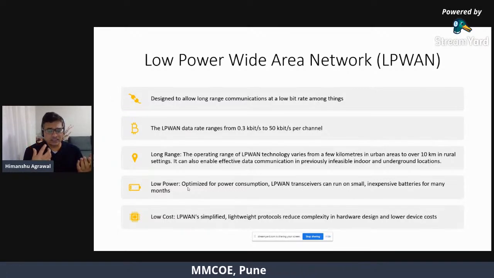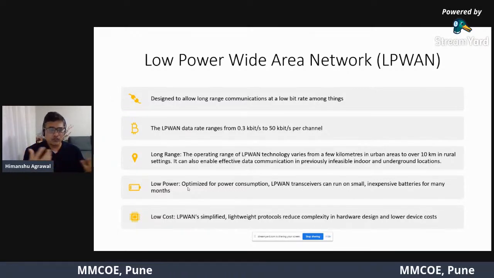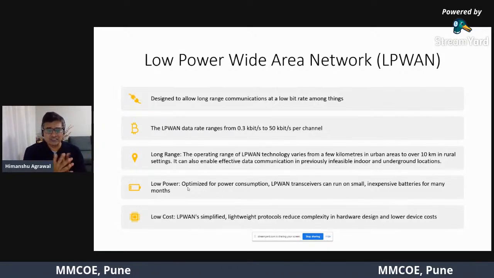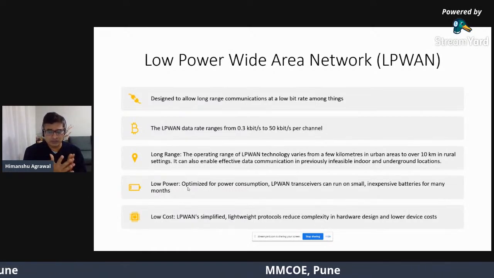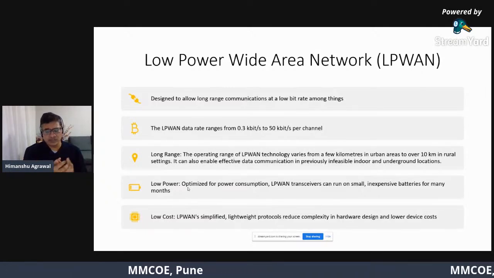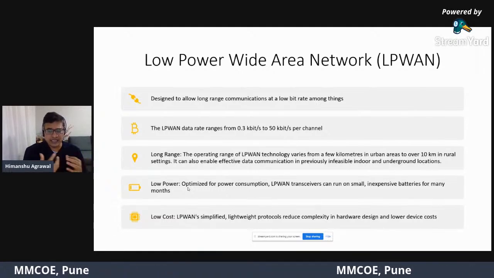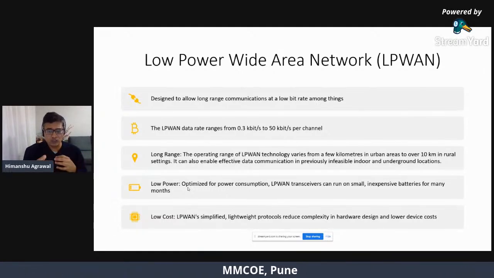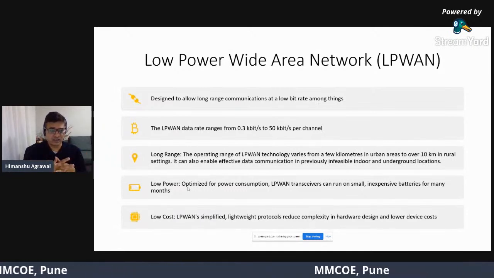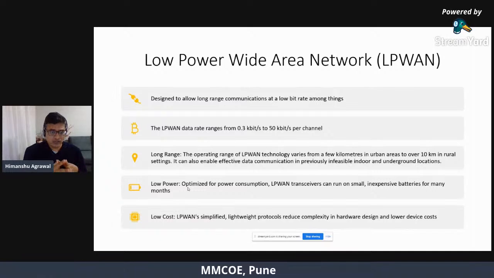So when you collect the data from the sensors, you have very low data rate, ranging, as you can see here, from 0.3 kilobits per second to 50 kilobits per second per channel, right? And long range, as you can see here, which varies over some geographical area in a city. So of course the aim is to cover 5 to 10 kilometers using that protocol, right?